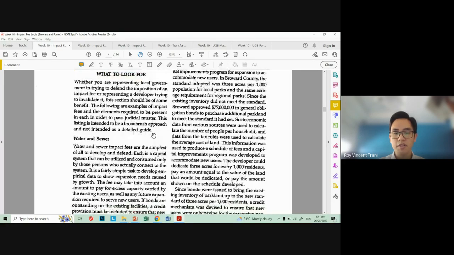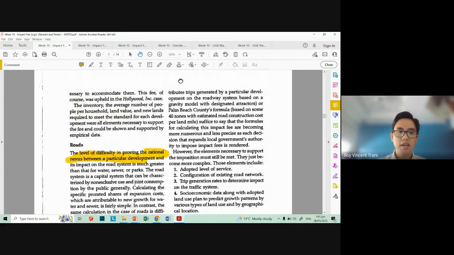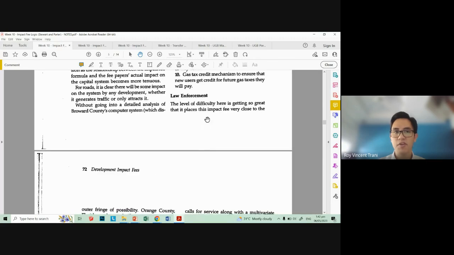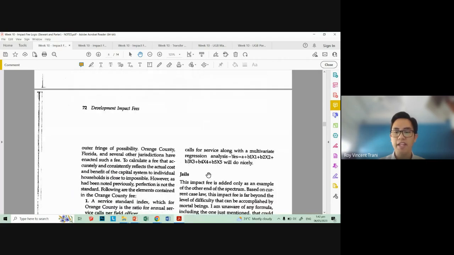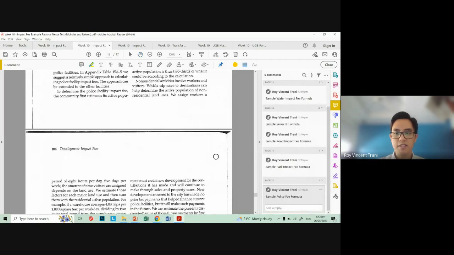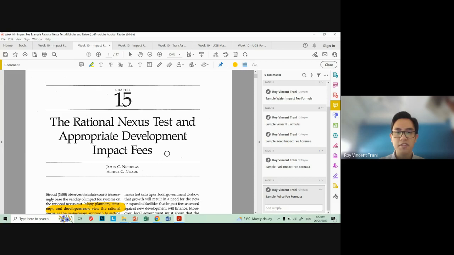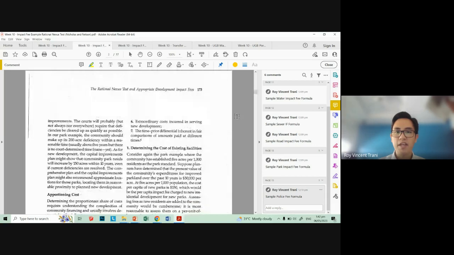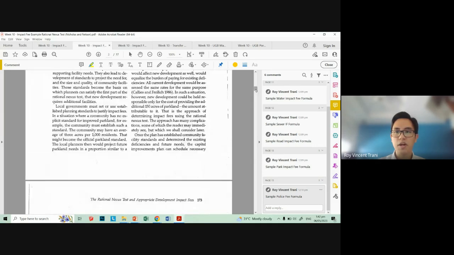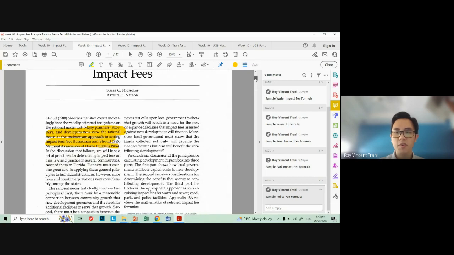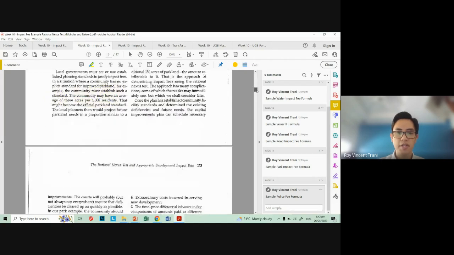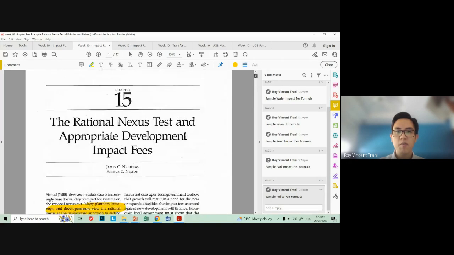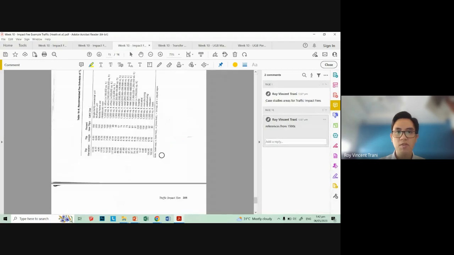So again, there's water and sewer impact fees, parks, roads, law enforcement, basically for maybe police stations or facilities for law enforcement, and jails. And then in the next reference, the rational nexus test. This one is a bit more legal jargon for basically what are the different ways to get an impact fee supported or legalized by your local government. So these are the different steps over here, determining how existing facilities were financed, etc., etc. But I want to skip a bit to the third reference here,